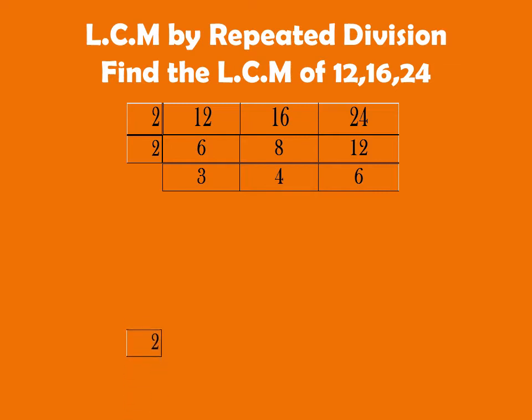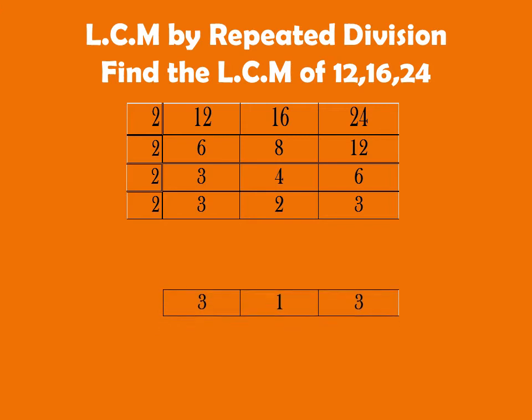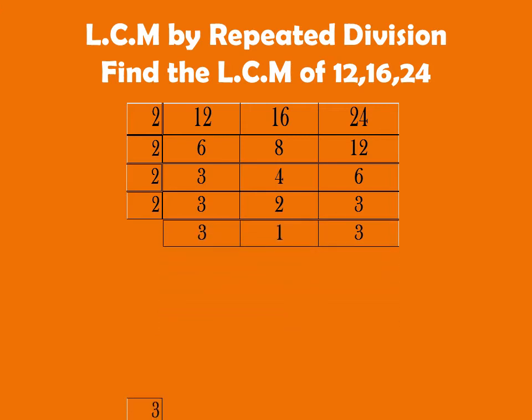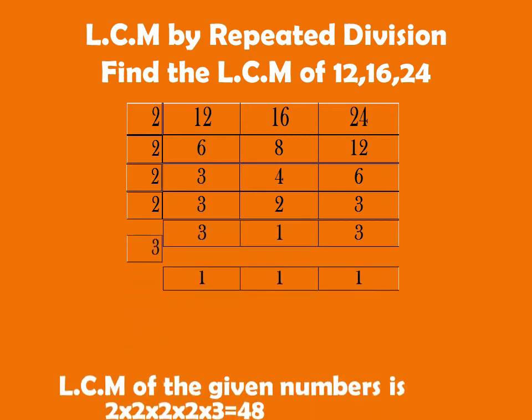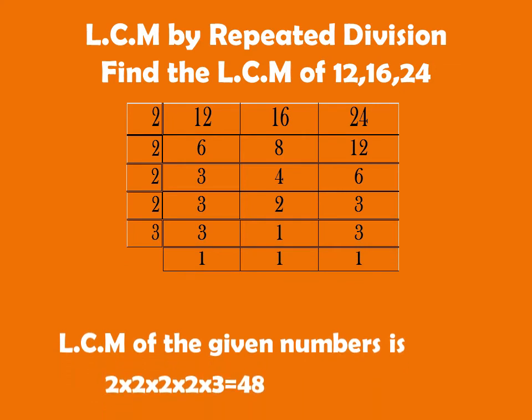We continue until we close all the even numbers. We continue dividing by 2 and you can see what is exactly happening. And at the end, when all the even numbers are done, we go with the next prime number, which is 3, an odd number. Avoid taking any composite numbers. 2, 3, 5, 7, 11, these are prime numbers. And at the end, we get all the factors and we find out the LCM as 48. The product of all the factors, you can see over here.